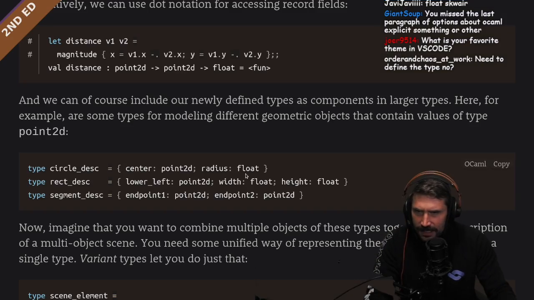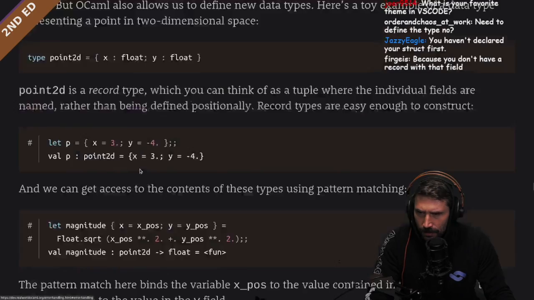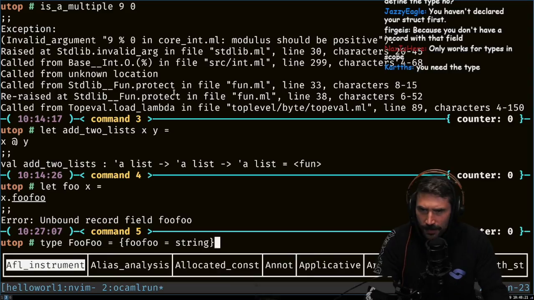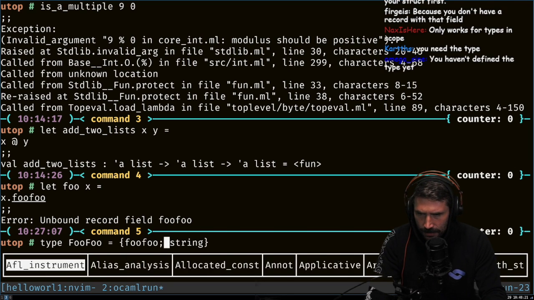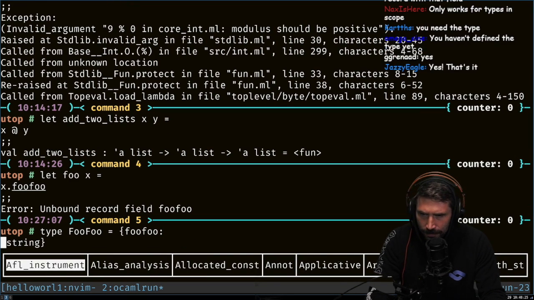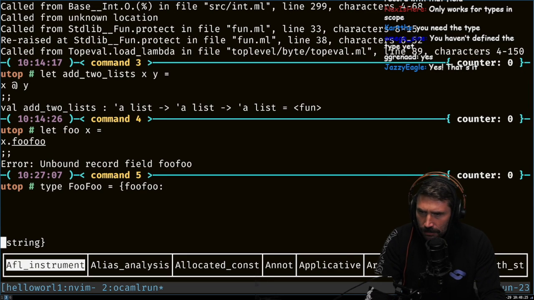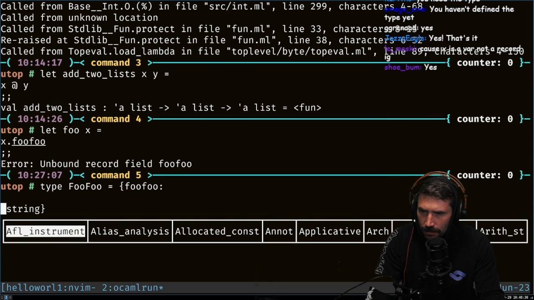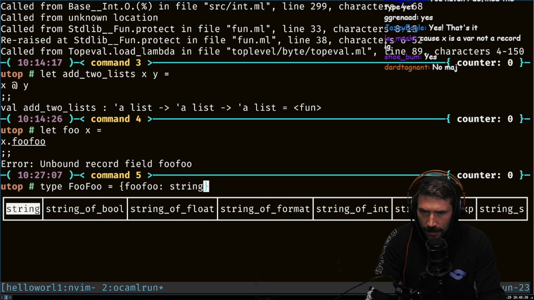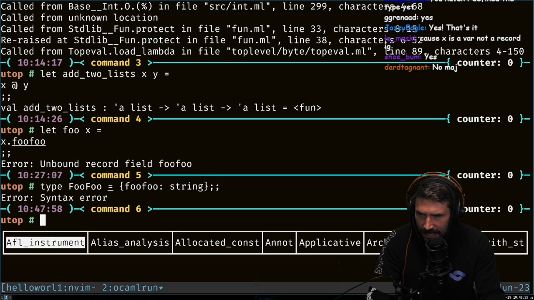Was that the syntax? Let's see. Type. No, they use there we go. Uh-oh. What the hell? All right, there we go. Syntax error.